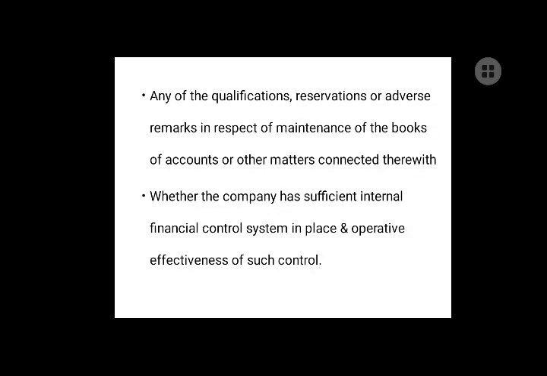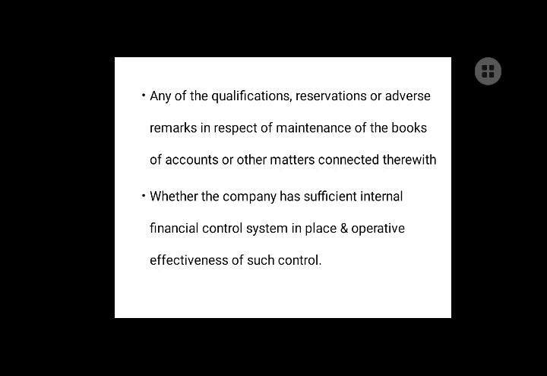Any qualification, reservation or adverse remark in respect of maintenance of books of accounts or other matters connected therewith, any qualification. Now here, qualification does not mean academic qualification. The negative remarks or suspicious aspects or reservation of the opinion of the auditor is considered as qualification. We can say adverse remark also, regarding maintenance of the books of accounts and the matters connected therewith. So if the auditor is not satisfied regarding the matters, then also he can mention it, and it will be considered as qualification,